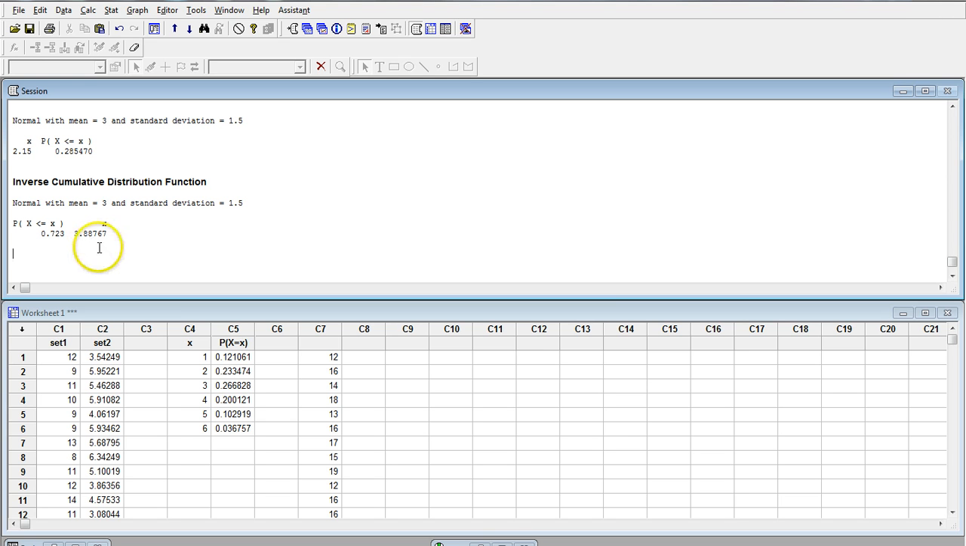And in your notes, you are asked to do this for the standard normal, but they are really the same. Okay, that should